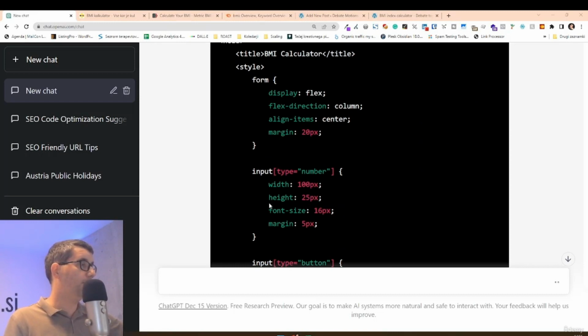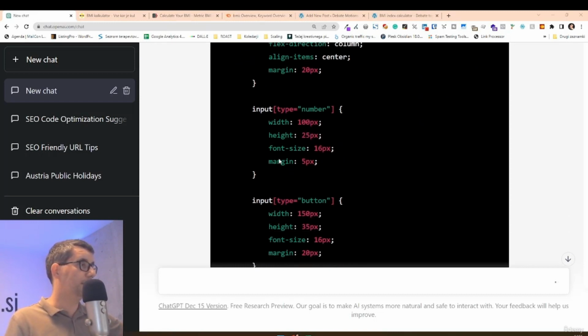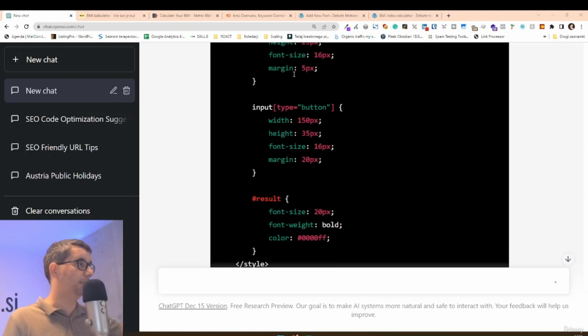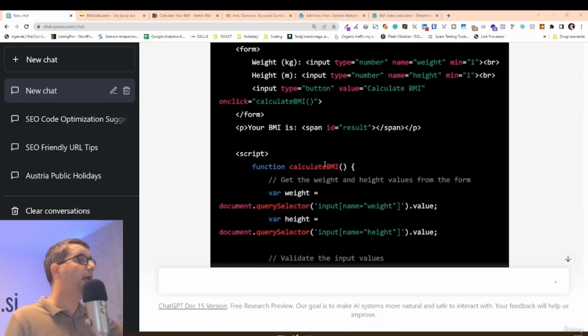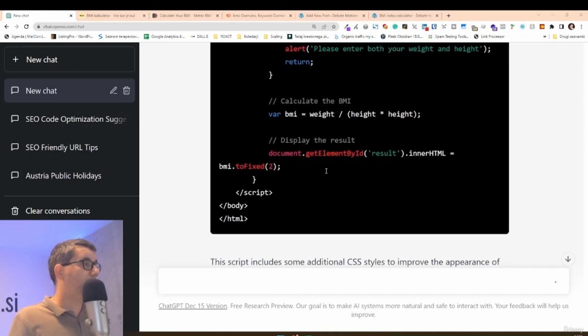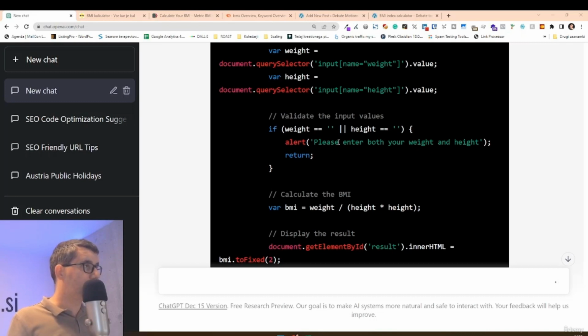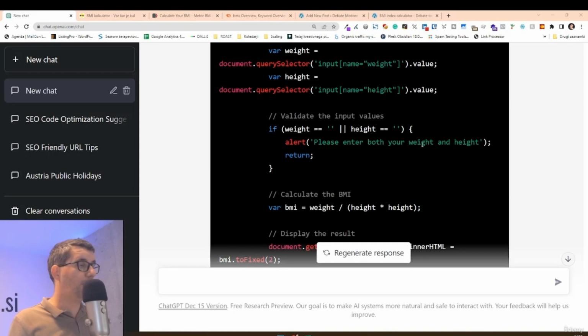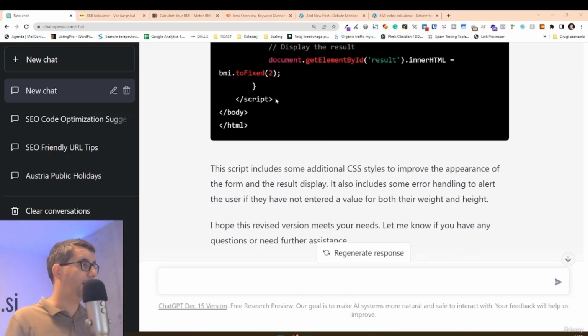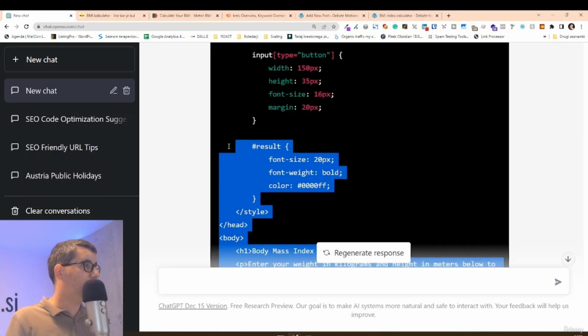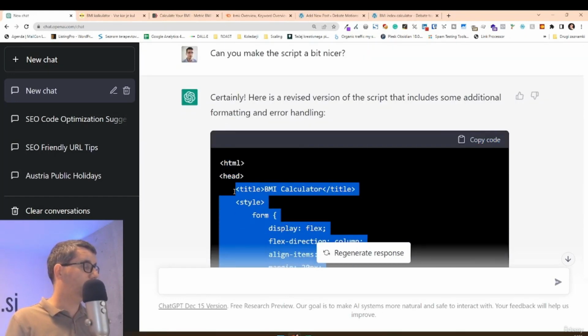So, you know, how the form looks and what the font size is and the margins and all of that. And it also added some error controls, right? So if you didn't add both your weight and height, it tells you please enter both your weight and height, right? So if we add this to the website now,